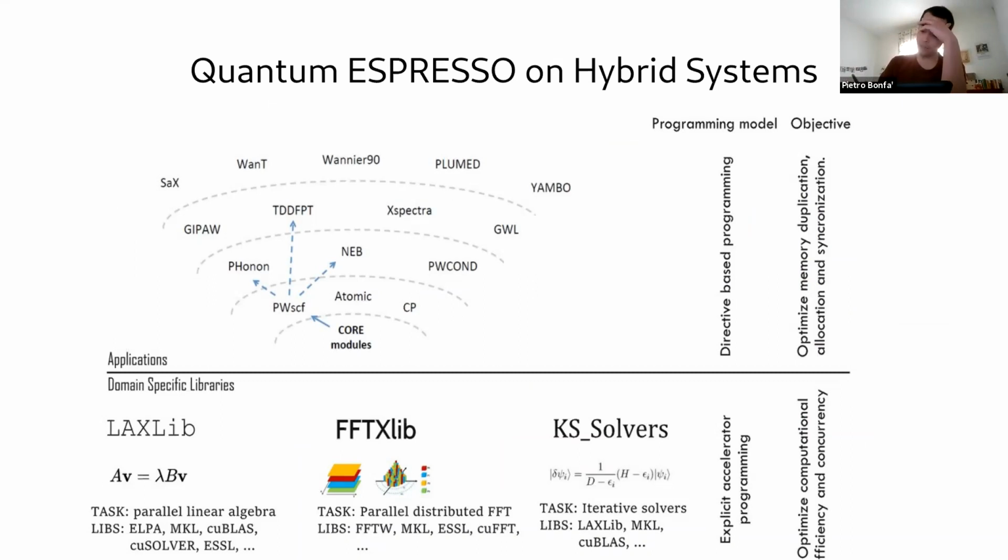all libraries of Quantum Espresso can take advantage of the presence of accelerators, and PWSCF, so the PW code, can be accelerated, is accelerated by GPUs. There is also an experimental port of NEB, but you should be careful. This is really a work in progress. So it's probably better if you wait a little bit more before trying NEB, but just so that you know that